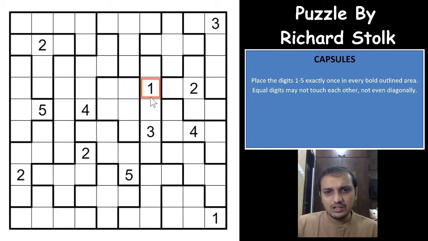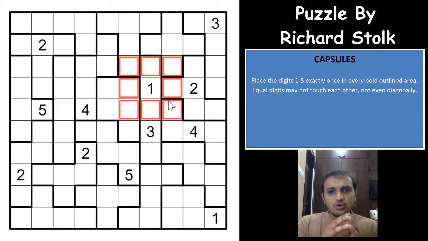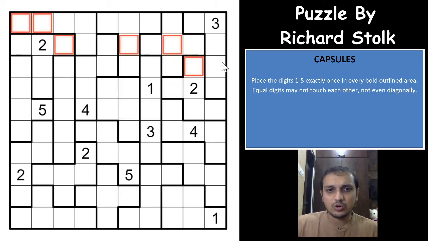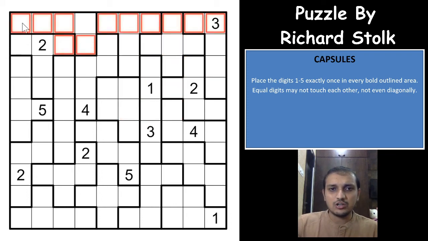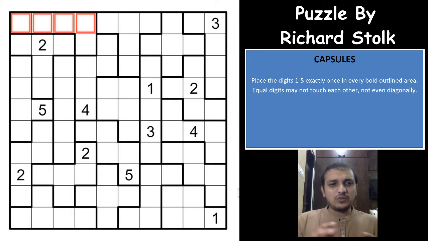So if you have a 1 here, none of these 8 neighbouring digits can be a 1. There is no restriction on the number of ones in a row or column, so not like in a Sudoku, right? You just have to have numbers 1 to 5 in each region in such a way that no two same numbers can touch each other, adjacent or even diagonally at the corners, right?